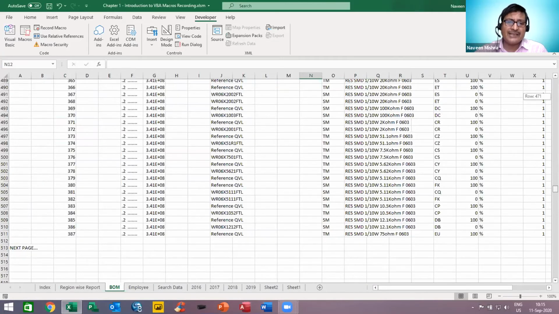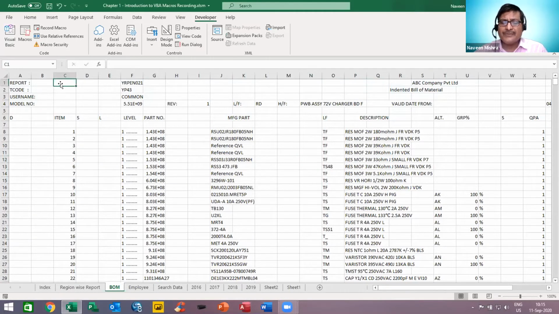Suppose you are using SAP, or PeopleSoft or Baan, any kind of ERP you are using, right? So your data is not in proper shape. Every day you download the data, and then you spend a lot of time on formatting. So to save our time and increase our productivity, we can create macros, right?